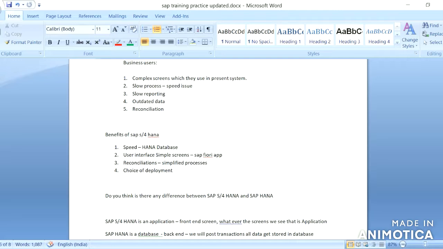And the speed, as we discussed, was improved through in-memory computing, column based data storage and compressed data.